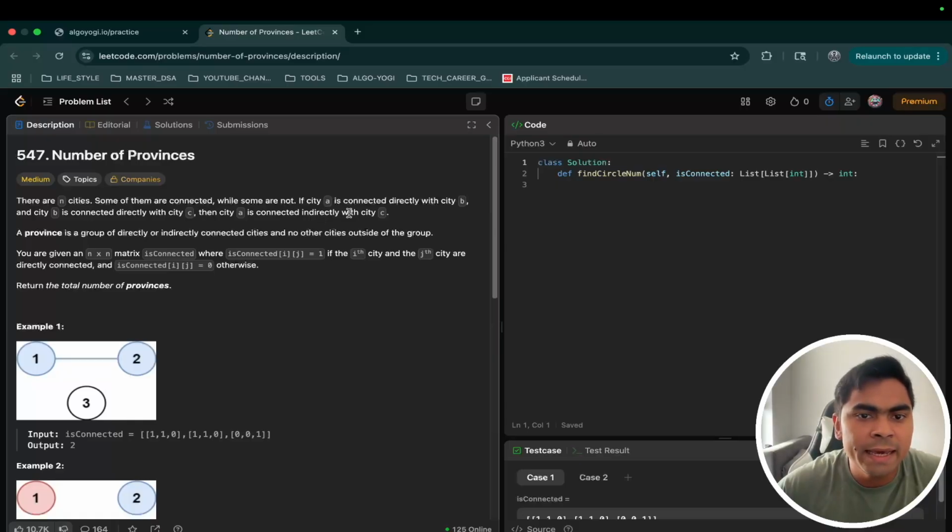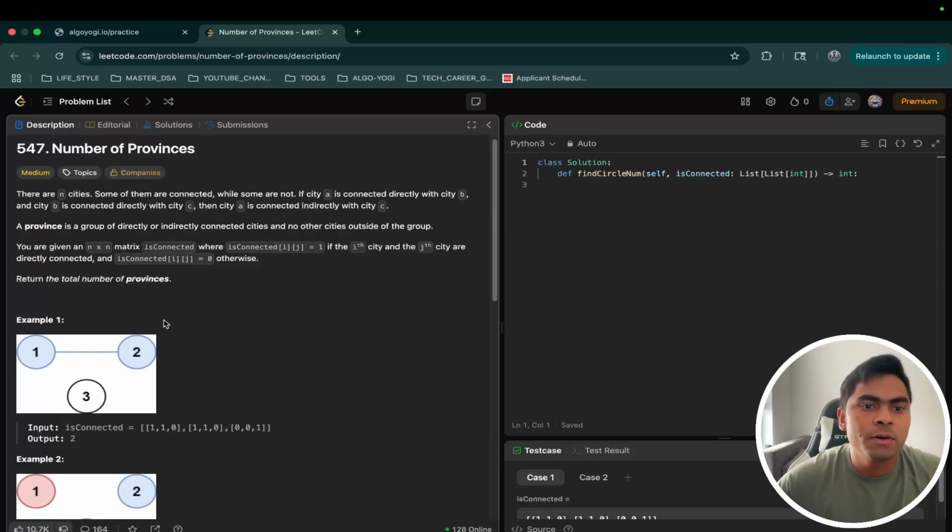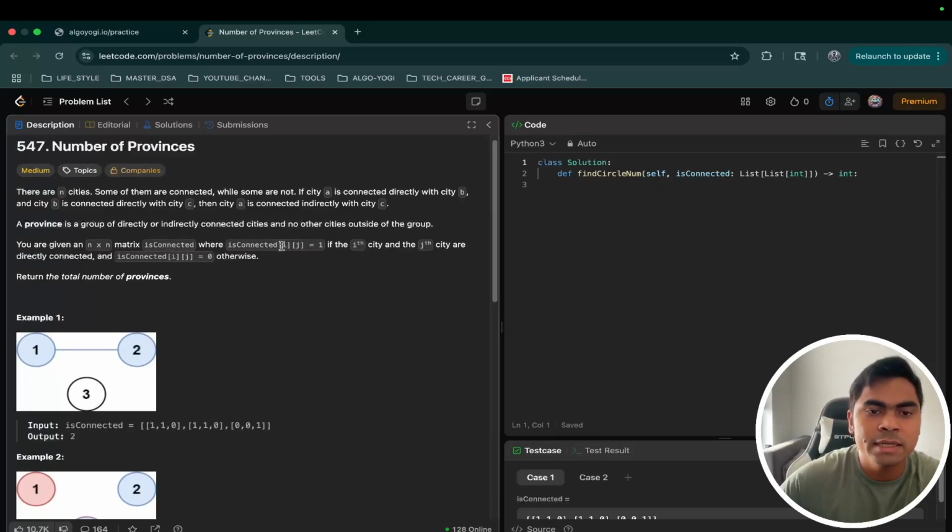If city A is connected directly to city B and city B is connected directly to city C, then city A is connected indirectly to city C. Now a province is a group of directly or indirectly connected cities and no other cities outside of the group. Now you are given an n cross n matrix called isConnected,